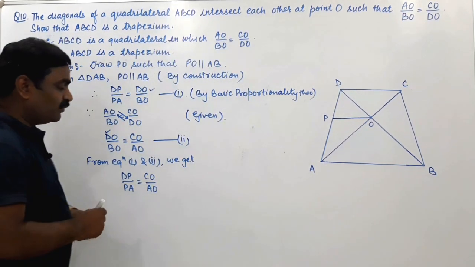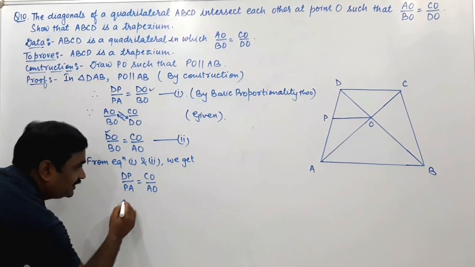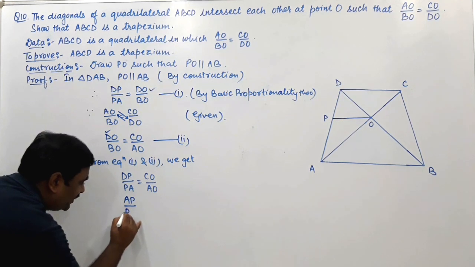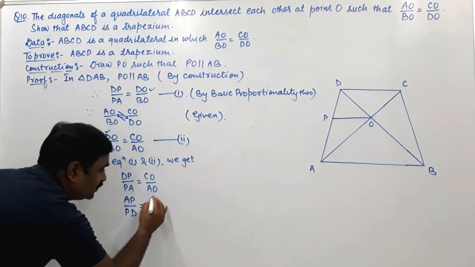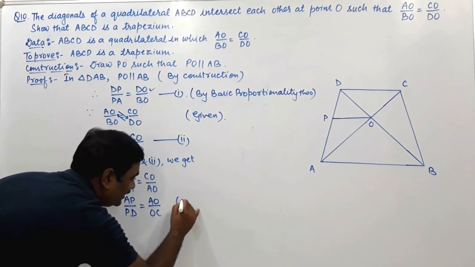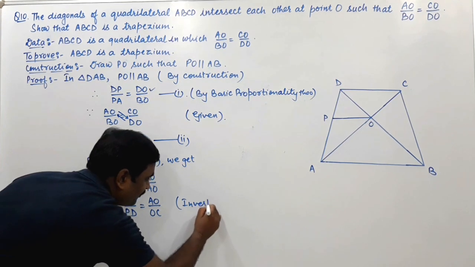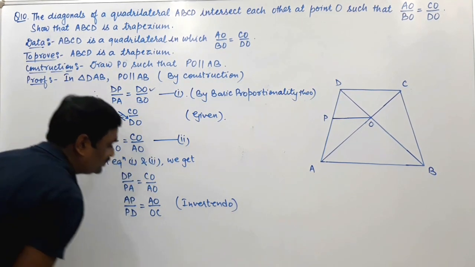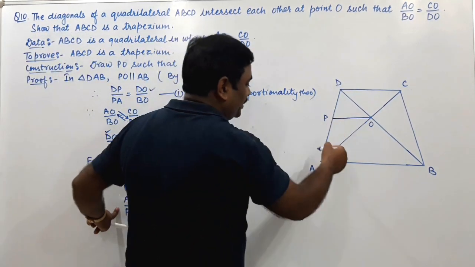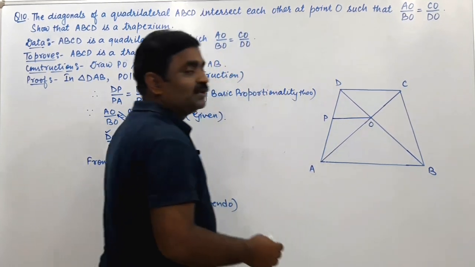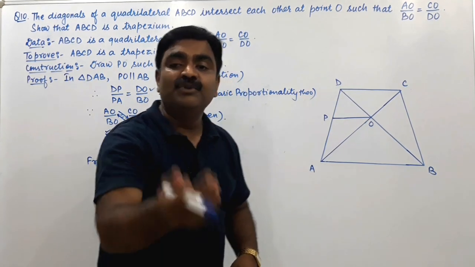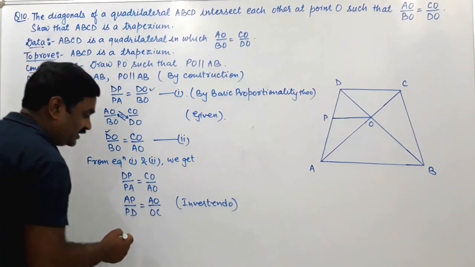इसको इन्वर्ट कर दो ज़रा, so you can write PA can be written as AP upon DP can be written as PD equals, this can be written as AO upon OC by invertendo rule, राइट इसको इन्वर्ट किया. ओके, एज AP अपॉन PD इक्वल्स टू AO अपॉन CO, ये दोनों रेशियोज इक्वल मिलने लगे. इट मीन्स दिस PO विल बी पैरेलल टू DC by converse of basic proportionality theorem or by 6.2.